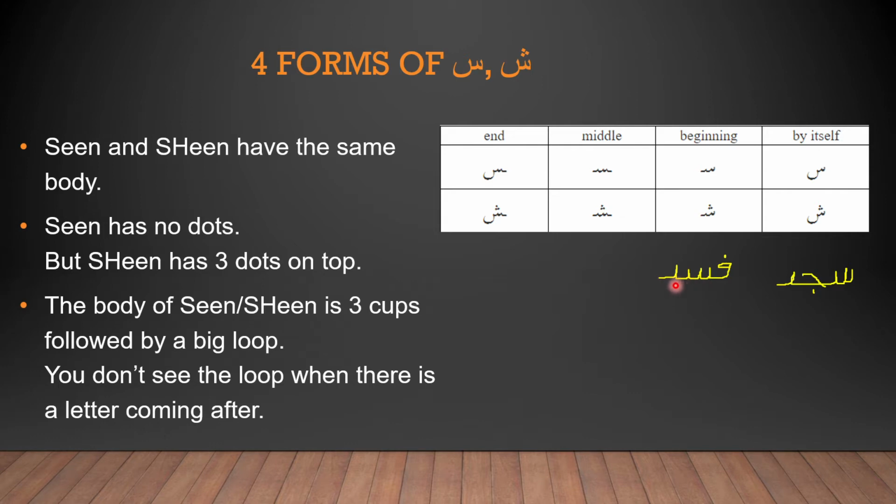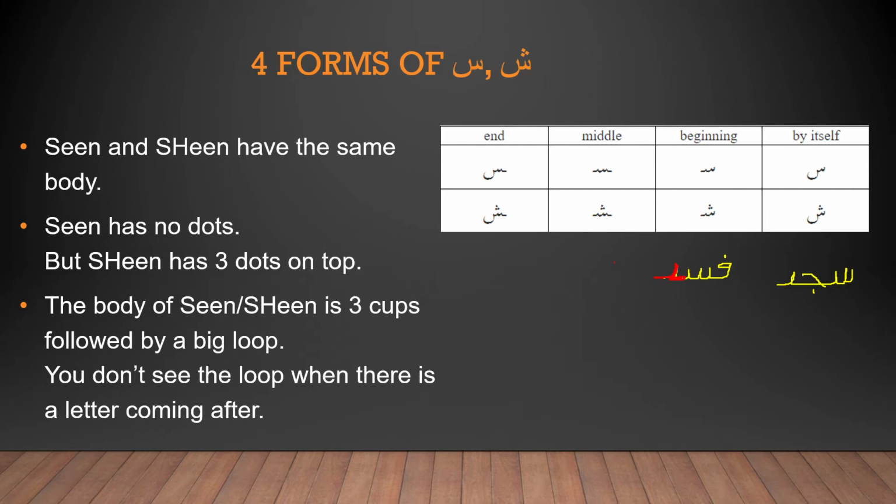This and this look quite similar, but it should not be confused with them. So just to make this clear, I'll underline the Dal part with another color. Alright, this is Dal, this is not Seen. So as you can see here, the Seen part is connecting with the Dal, and so it doesn't have a loop. And at the ending, I have the letter